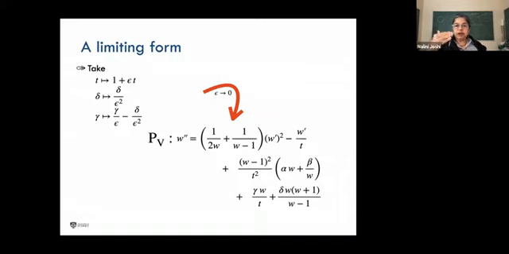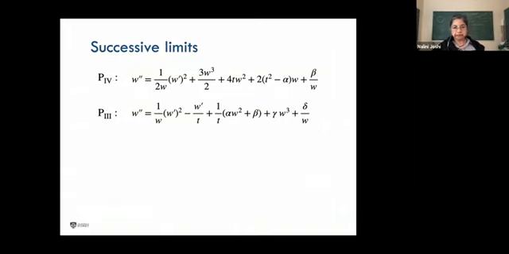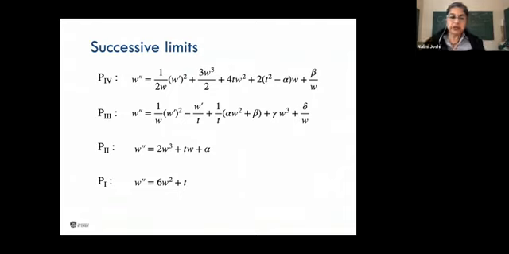So you can do this limit over and over again. Another limit applied to the fifth Painlevé equation would give you what's now called the fourth Painlevé equation or the third Painlevé equation. And each of these you can apply limits to, and you would get then what's now called the second Painlevé equation. And one more time, and you get to the first Painlevé equation. So I've shown you 6 equations now, which are labeled by the letters P with subscripts with Roman numbers.